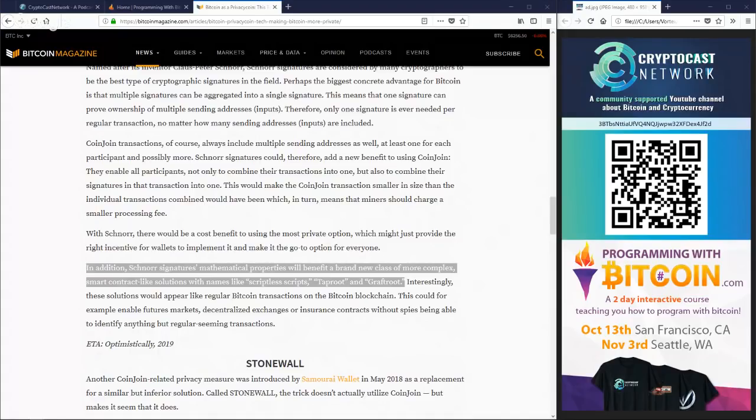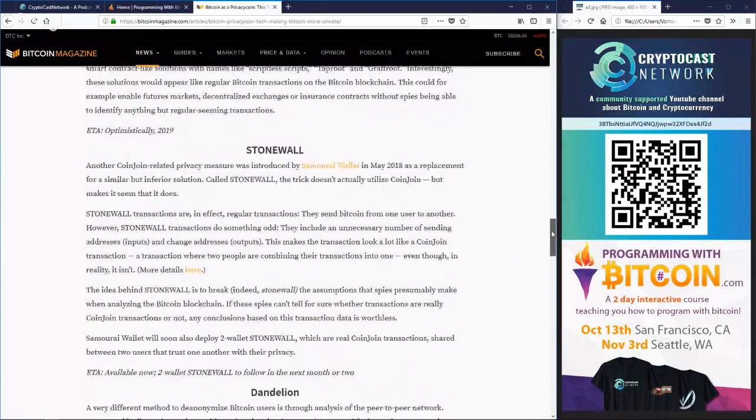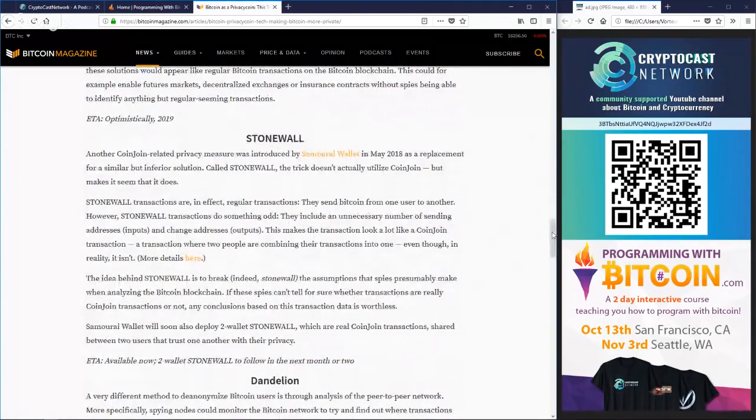So let's move on to our next technology that I'd like to discuss, which is Stonewall. This is another technology that you wrote about in the article. Maybe you can tell us a little bit about this. Right. Yeah, so Stonewall is